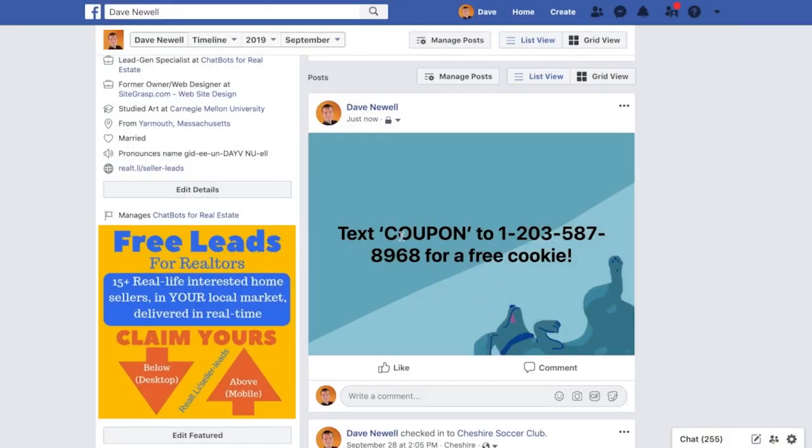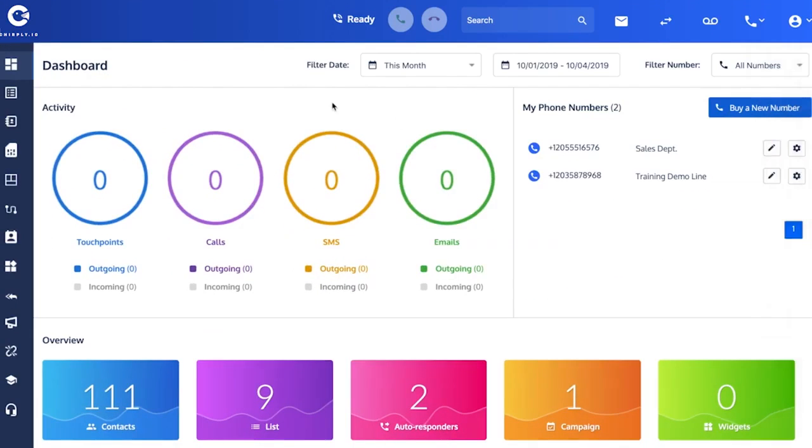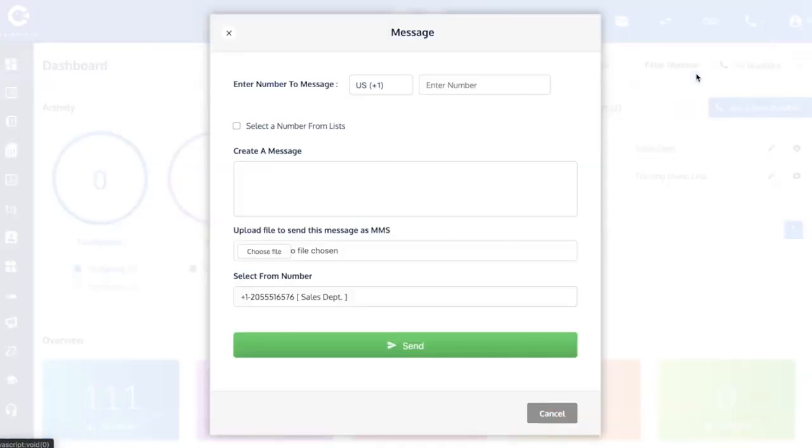So there it is on my timeline. Anybody who sees this can text this message to this phone number and get that free cookie. Now I could pick up my cell phone, and this thing is live, so I could actually send a text message to myself right now and opt in. But to make it visually available to you, I've actually got another window, an incognito window that I've logged into the software with. And I'm going to use the quick message feature from this top navigation, and I'm going to send the message. The message I'm going to send is cookie, and I'm going to send it from my sales